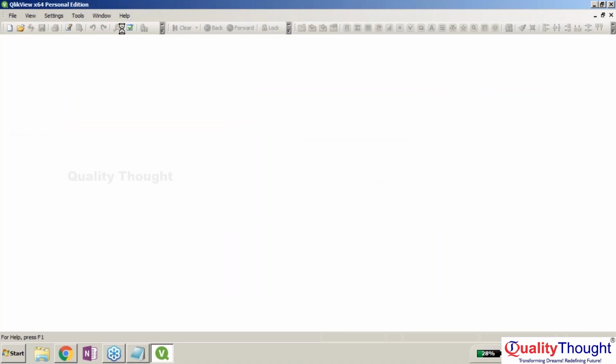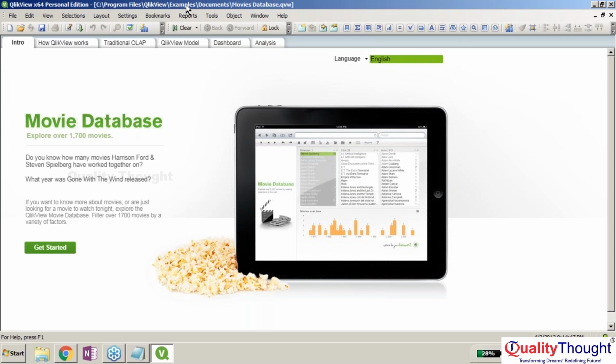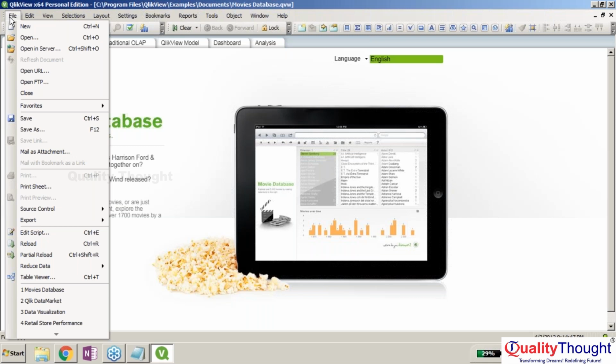Whenever you start with the movies database, back to the stuff. See, the options over here. Let me first explain that one. We have a file. First, let me just cover up the file. The very first starting items revolve around new, open server, open URL, open FTP, and all kinds of stuff,